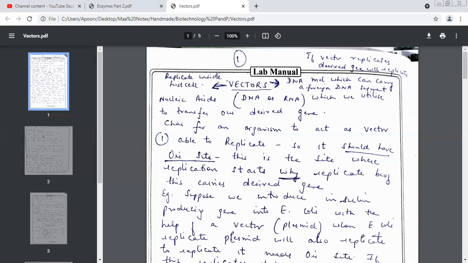The effect which I want, supposing I'm inserting an antibiotic resistant gene, that means I'm wanting the organism to become resistant to antibiotics. So one gene will not be able to do it. Only one gene in a big host. Let me talk about man only. If there's a man and I want that antibiotic resistant gene so that the person becomes resistant to antibiotics.